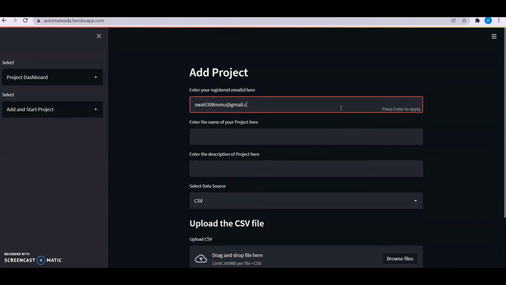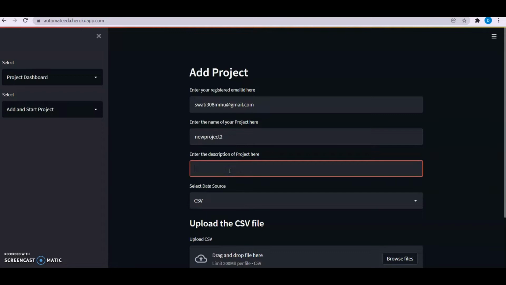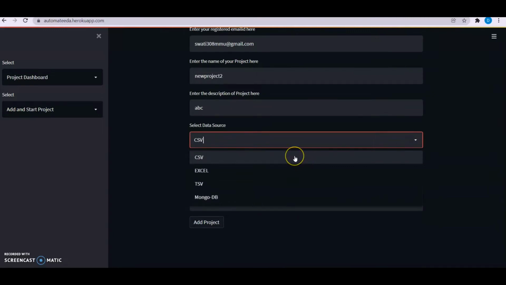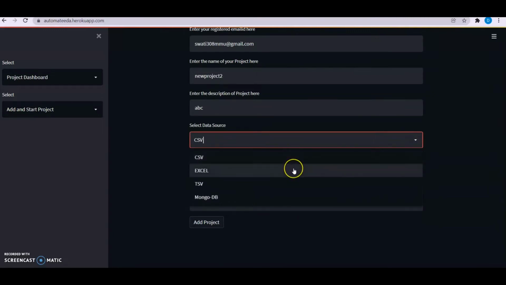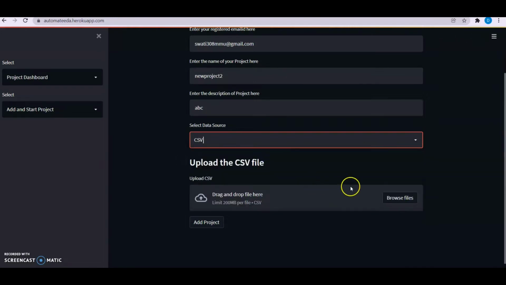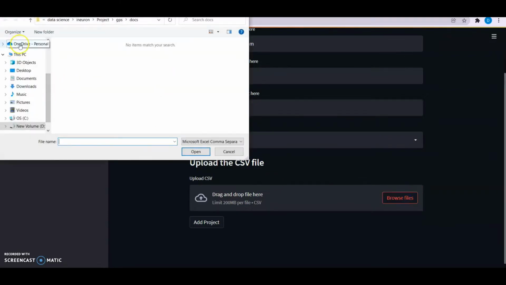Here I have to give a name to this project, so I will write new project 2, then the description of this project, ABC, and then we have these many options that the user can take: CSV, Excel, TSV files, or MongoDB as well. I'm selecting CSV for simple purposes, and then browse your files.